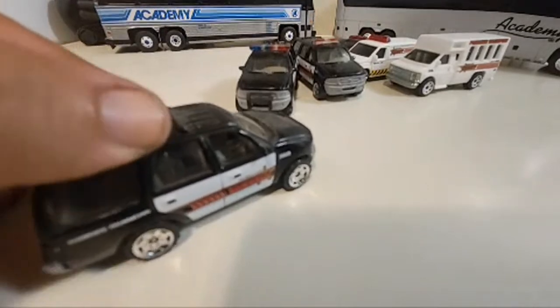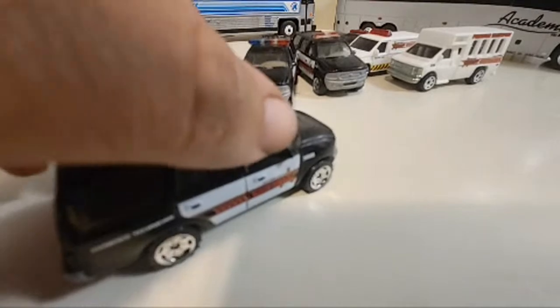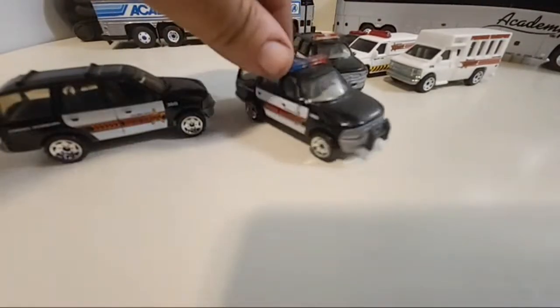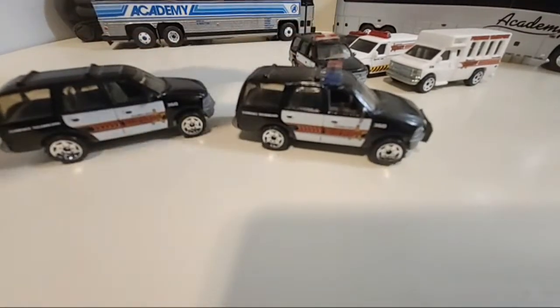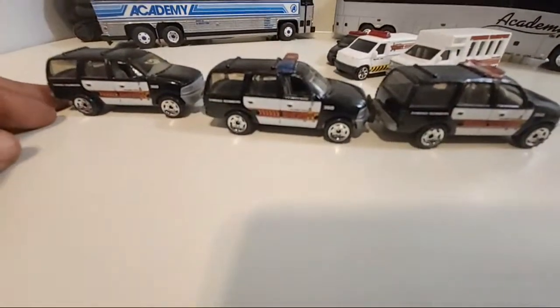They're not really, really old school. Like if you remember the Ford LTD police cars from Matchbox, they really had a lot of shocks to them. They had really a lot of bounce to them. These don't have too much of that going on. But this is my